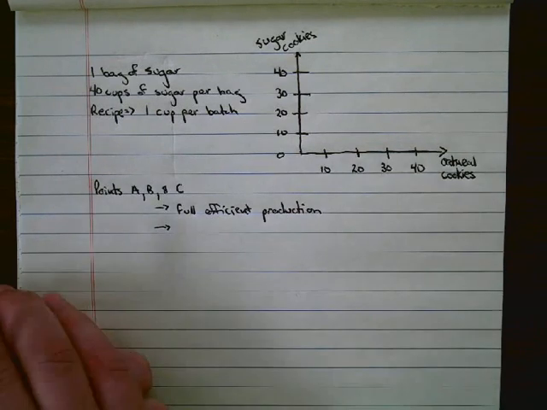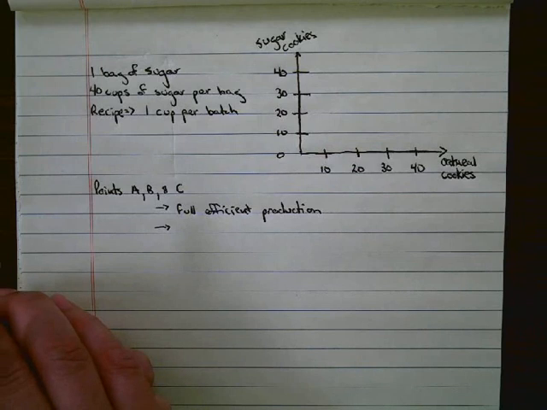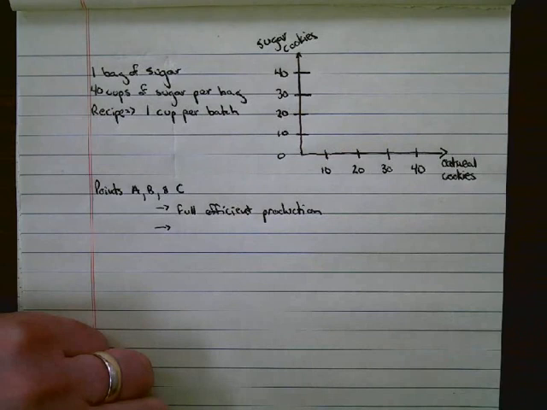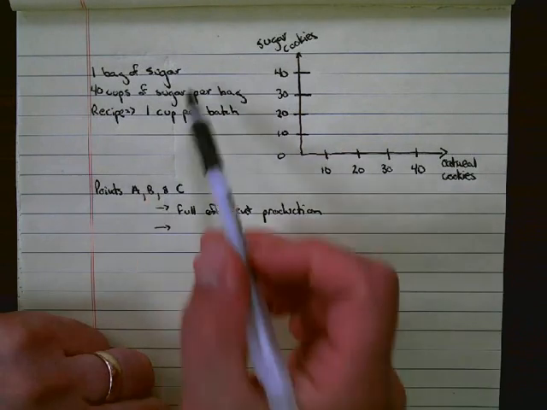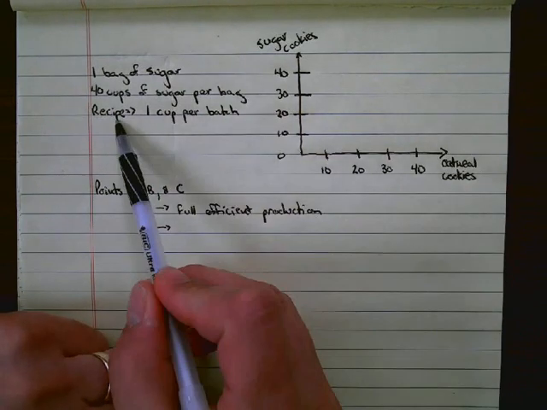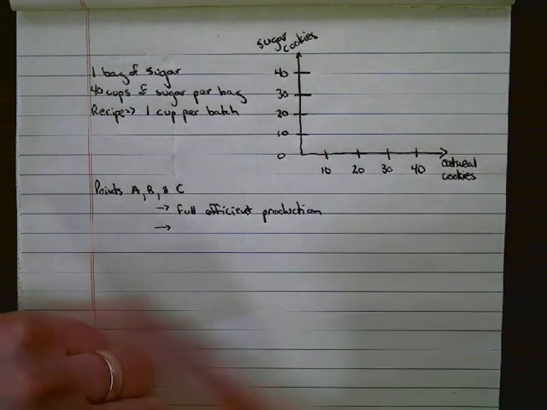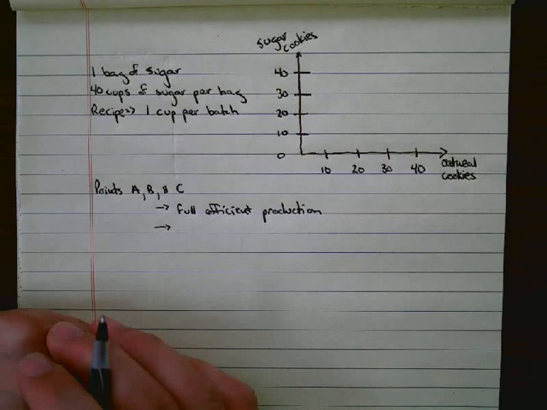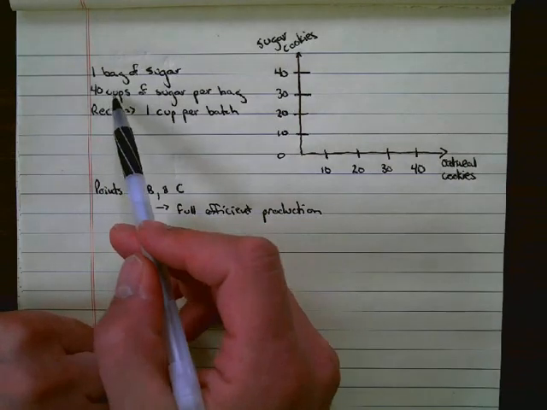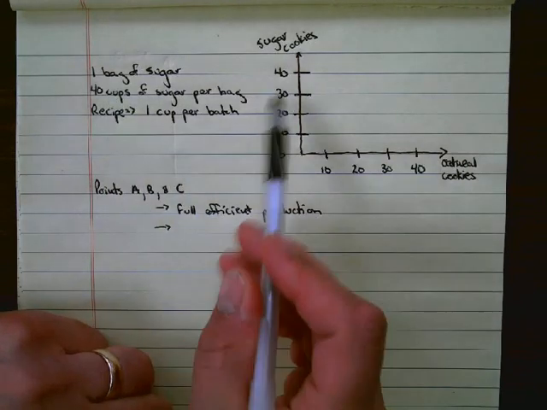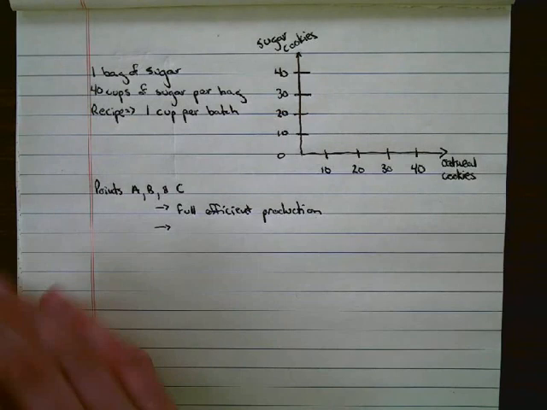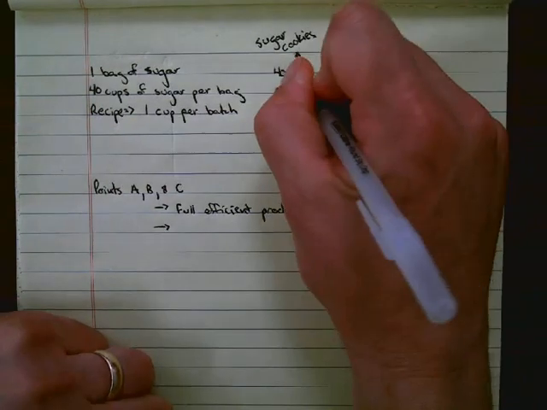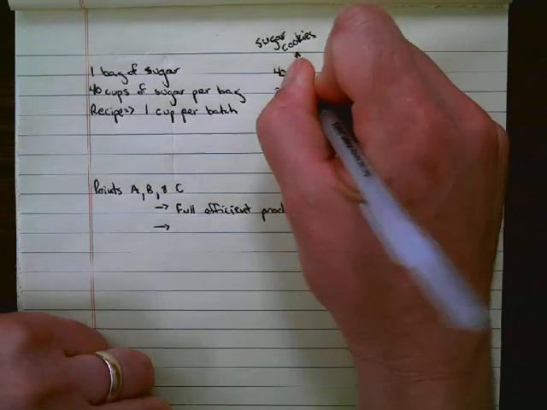Now, what a production possibility curve shows us is exactly what it says. What are our production possibilities given this set of resources and given this recipe? Well, one of our possibilities would be to make 40 batches of sugar cookies, right? We have 40 cups of sugar. I have 1 cup per batch, so I could potentially make 40 batches of sugar cookies. So I'm going to put a dot right there on 40, as you can